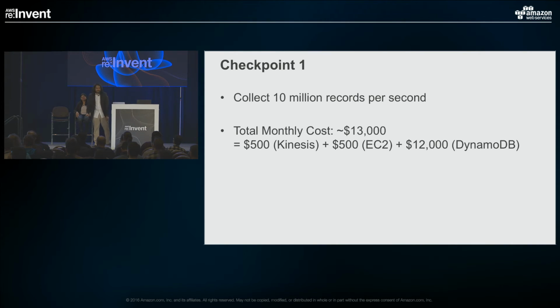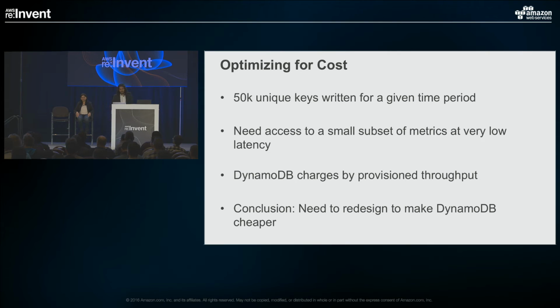So in order to make Dynamo cheaper, we do some digging and find that our actual problem isn't quite as hard as we might initially think. Only a small subset of the metrics that we're collecting need to be accessed really rapidly. The rest of the metrics, we can expect a little more lag and latency, and that is totally fine. So because we want to save costs on Dynamo, one of the simplest things we can do is reduce